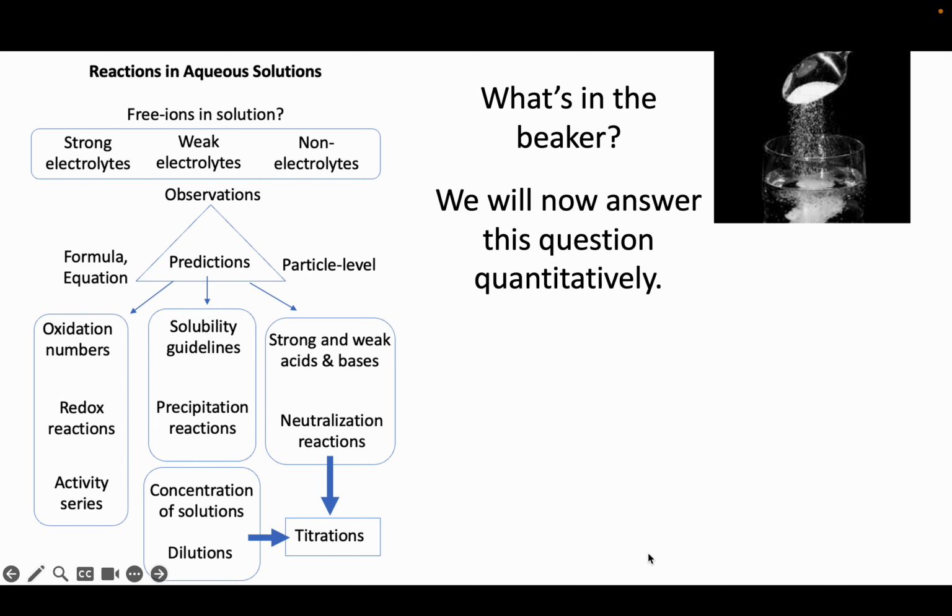In Chapter 4, when we're looking at reactions in aqueous solutions, a very important first step is to ask what's in the beaker. When we add something like a salt, what happens? Does it stay together as an ionic compound or does it dissociate? In that example, we would be talking about an ionic compound as a strong electrolyte that dissociates to give us